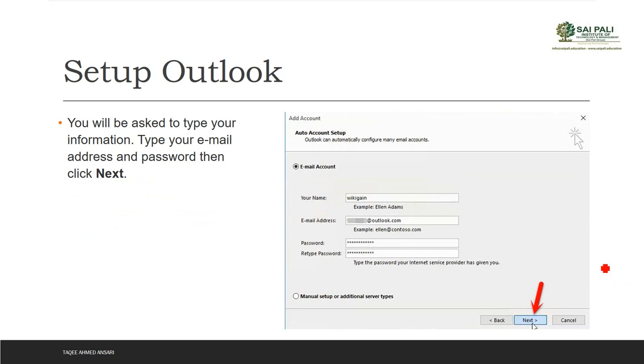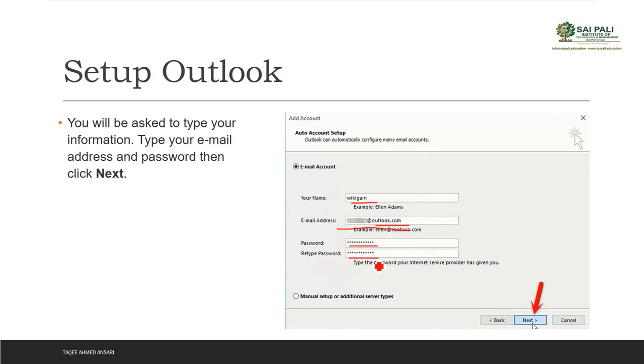Now it will ask you to give information about your account, your username, which is going to be shown in Outlook, then your email address provided by the service provider. Just like you are using Outlook, you are using a Microsoft account from Outlook, you can use a Hotmail account, or you are using an MSN account, or maybe you are using your Exchange server account. So according to that, you will give the email address here, and then you will provide the password